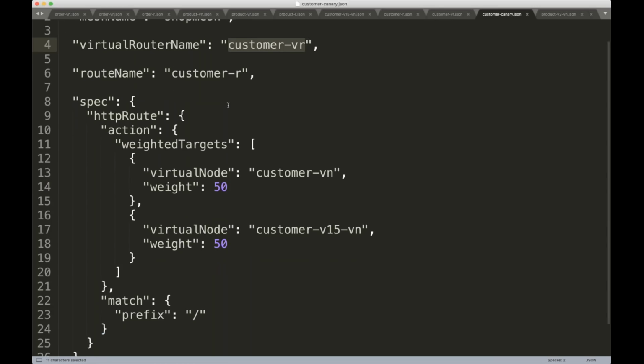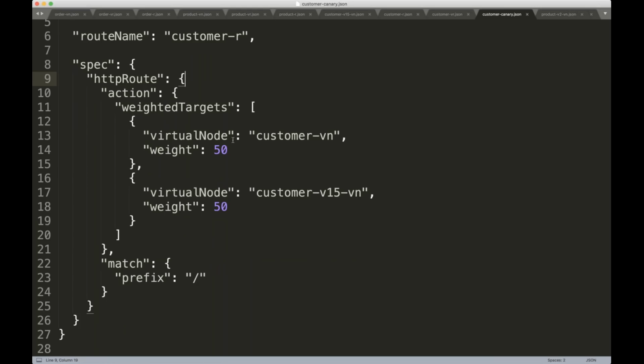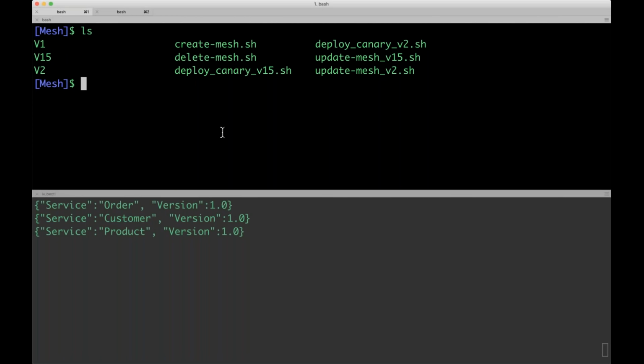So whenever there is traffic coming to this route, split 50% and send it to v1, and split the other 50% and send it to v1.5. So that's what it really means. Now we are going to do an